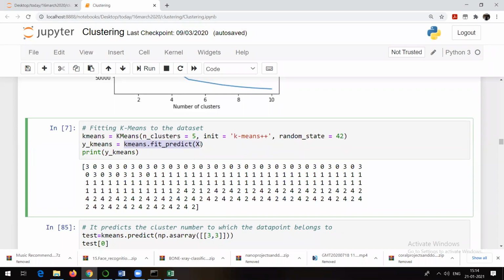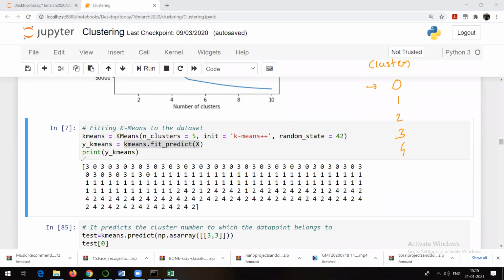So as we have given 5 clusters, 5 clusters means 0, 1, 2, 3, and 4. So this is your first cluster, second cluster. So all these are clusters. Now this data will be divided into 5 clusters because the value of k we got is 5.